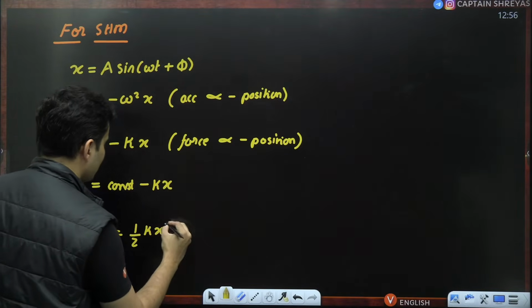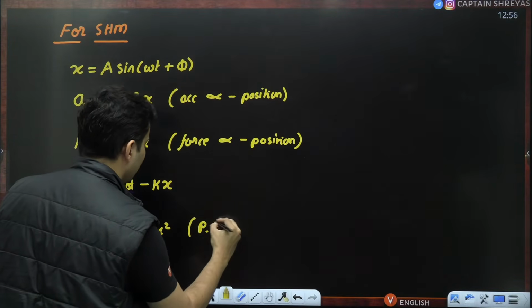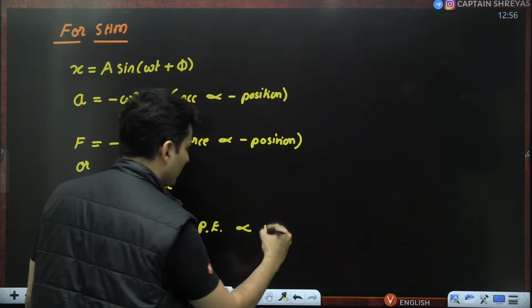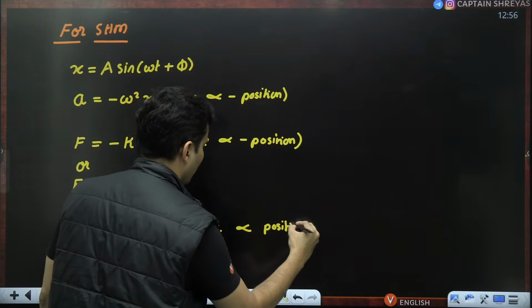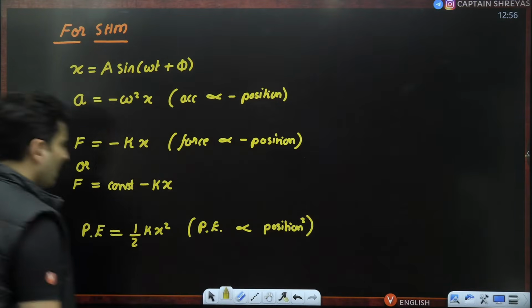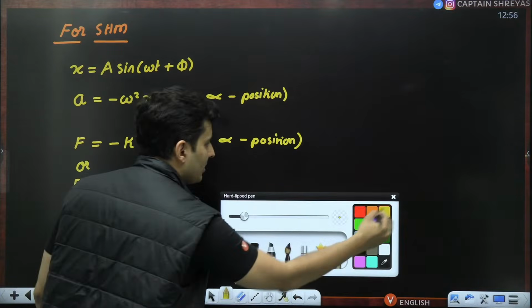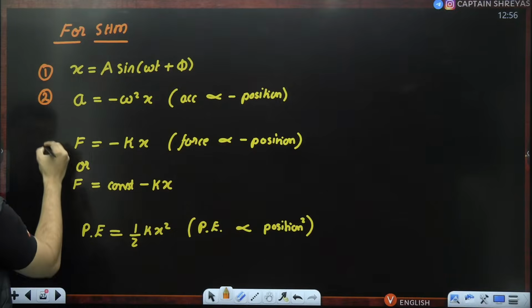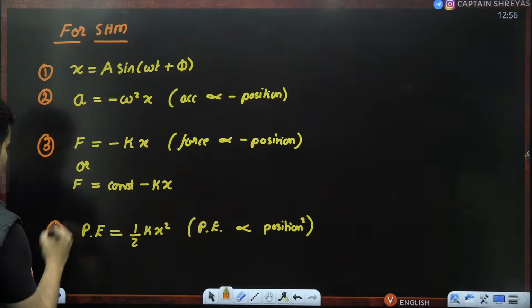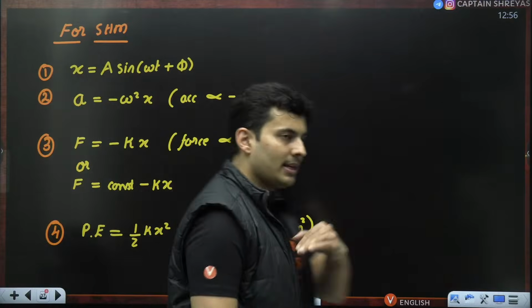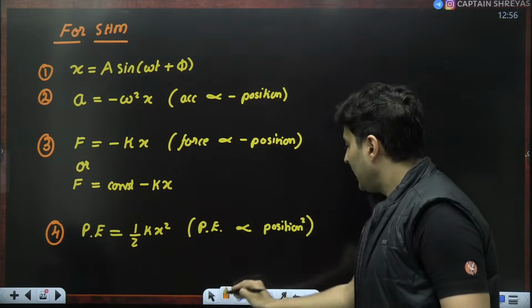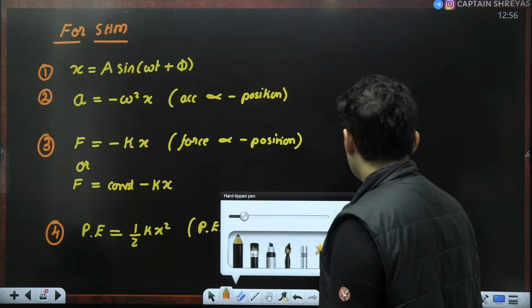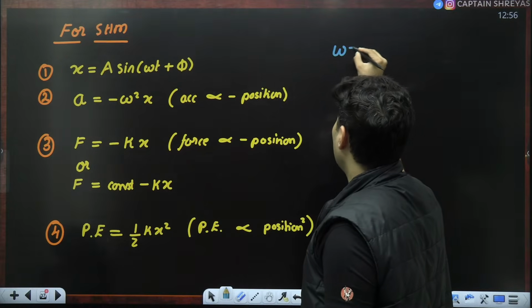That means the potential energy is a quadratic function of the position squared. In any of these situations, situation 1, 2, 3 or 4, all these are SHM's equation only, and every time you will see that the value of omega will be